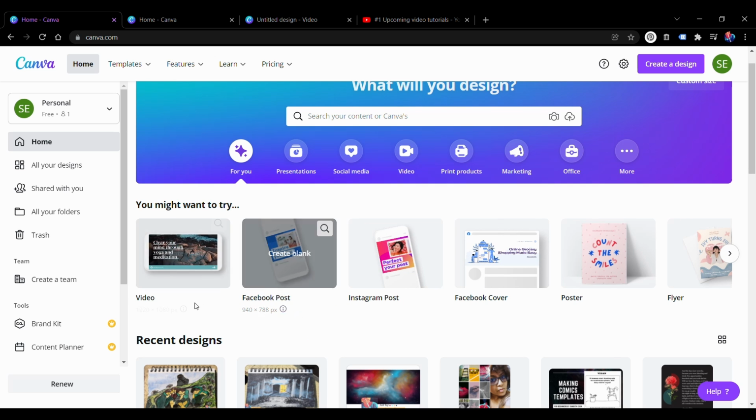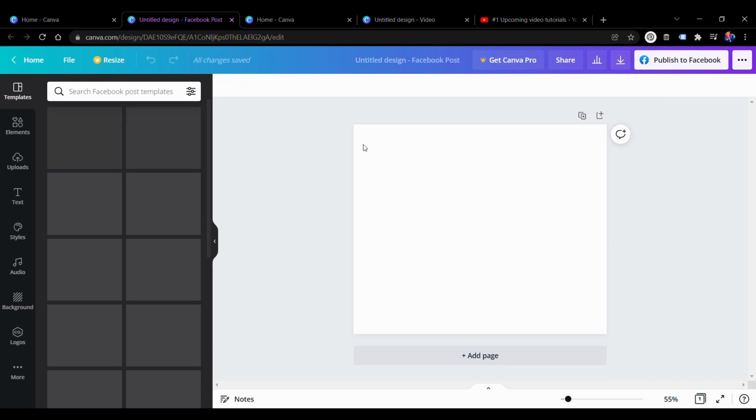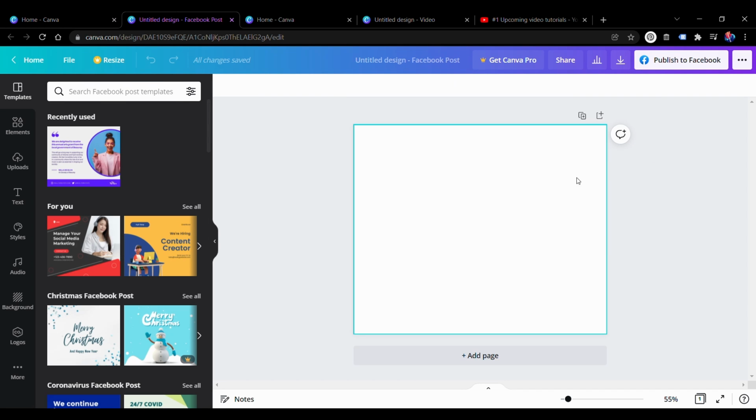So what I'll do is, I'll just walk you through what elements you get when you create something, pick something from here. So I clicked onto Facebook post and it took me to a different screen. So this is pretty much the template that you will be getting, to design